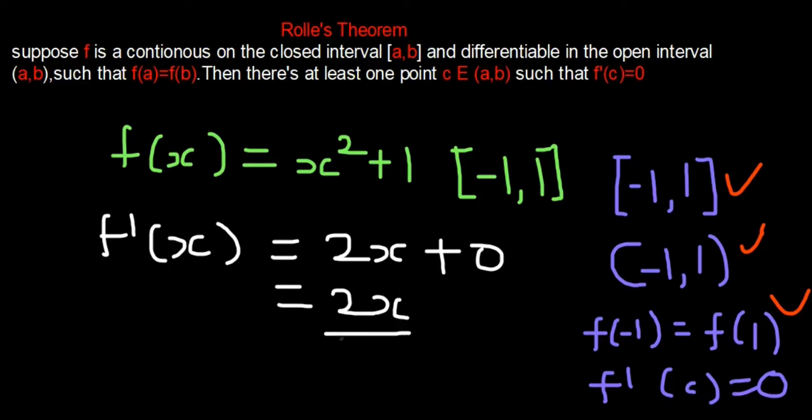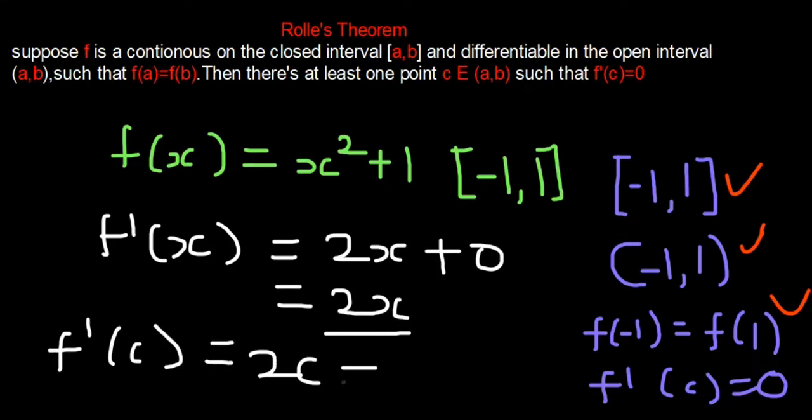So Rolle's theorem says that there is a point C here which will make this expression 0, or which will make the slope 0. If that's the case, when we put our C value here, the slope should be 0. So we have f prime of C to be equal to